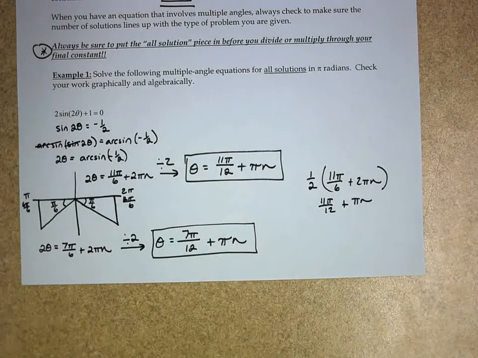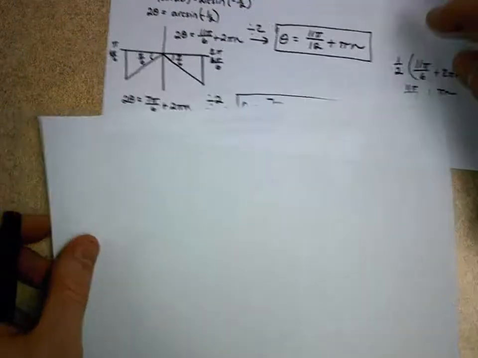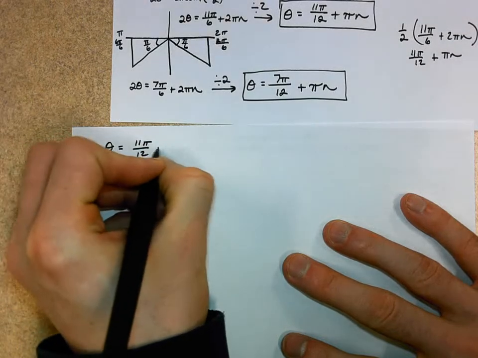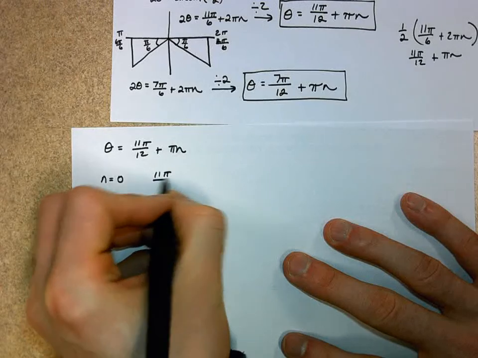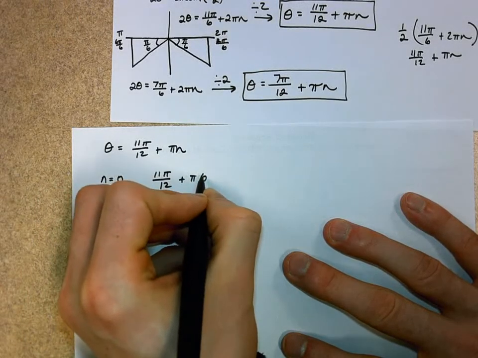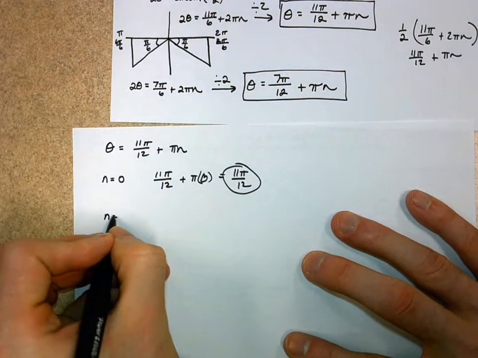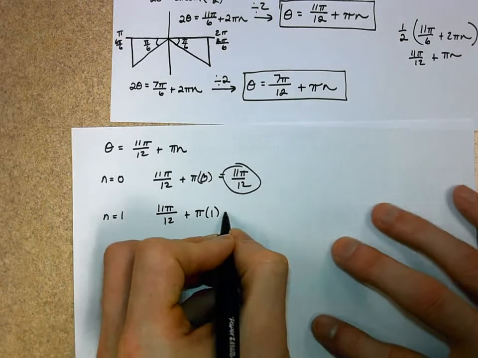Now, let's say that this problem were to have said, finding the following multiple angle equations, the answers from 0 to 2 pi. If it were something like that, we would still be going through the same process that we just did. But remember, this n indicates 0, 1, 2. What we would have to do then is we would take our theta equation here, and we would say let n equal 0. So 11 pi over 12 plus pi times 0, which would be 11 pi over 12. And then we would say n equals 1. 11 pi over 12 plus pi times 1